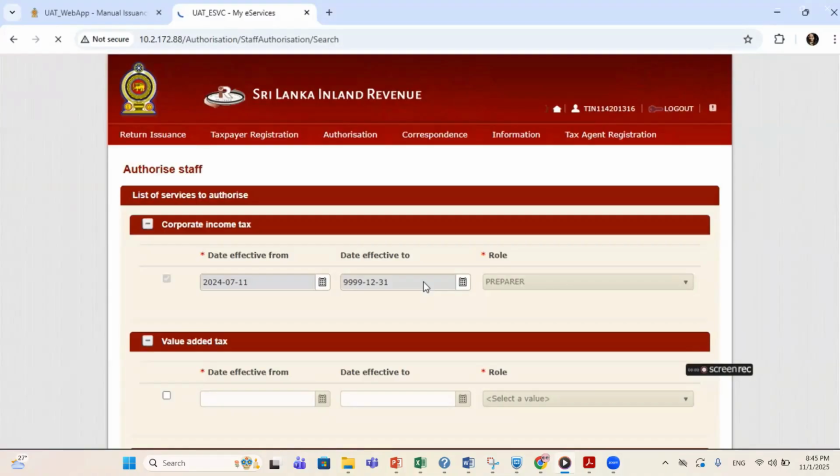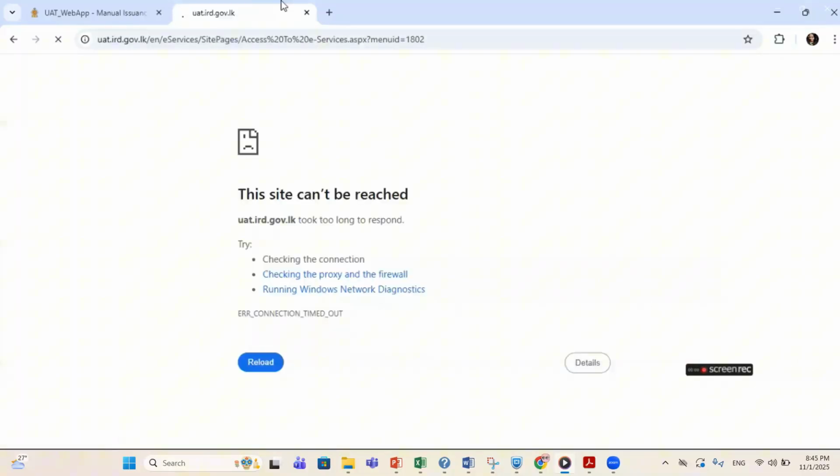It doesn't matter, but you need to allocate two: one as a preparer for the APIT and one as an approver for the APIT. So now what I'm showing, I'm just allocating an SSID for that purpose.